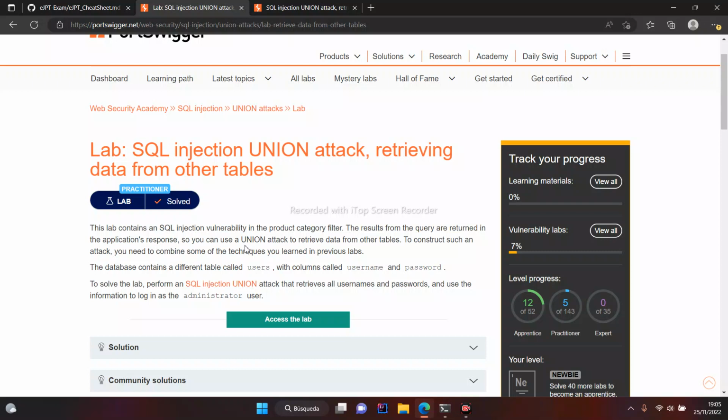This is very important. We are going to use a union attack to retrieve data from other tables. To construct an attack, you need to combine some of the techniques you learned in the previous class. The database contains a different table called users with columns called username and password. To solve the lab, perform an SQL injection attack that retrieves all usernames and passwords and use the information to log in as